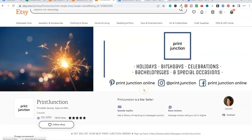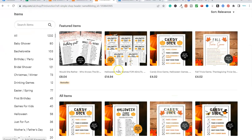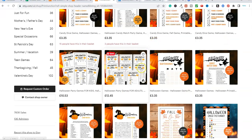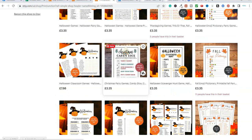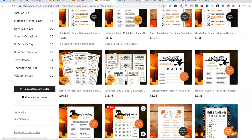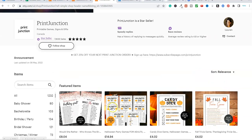Now, inside of this shop over here, they have got 7,608 sales. And these products down here, these are on the low end, £3. If we come down here, they've got bundles. So what they're doing is taking a couple of different items and bundling them together, like this one down here, £12.45. But even if we were to take this on the low end and go with this price down here, this $3.35,